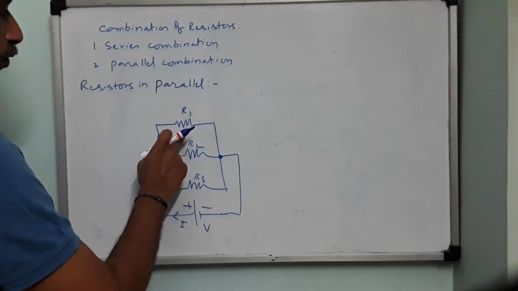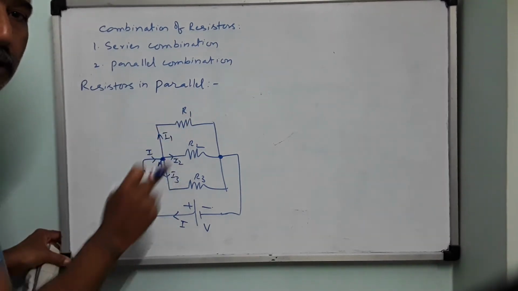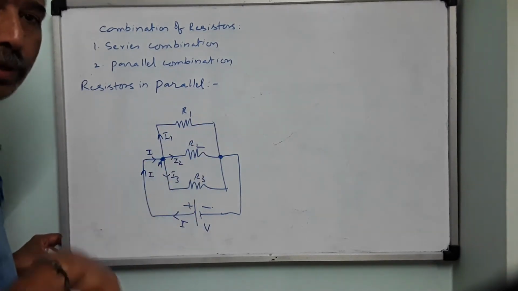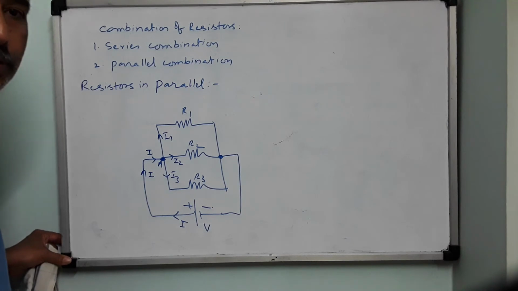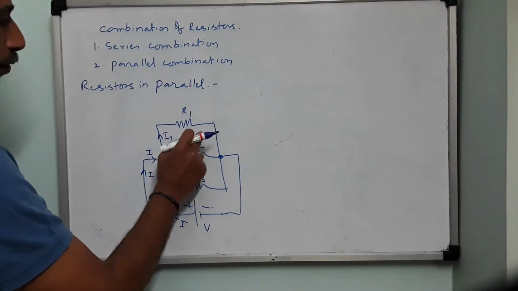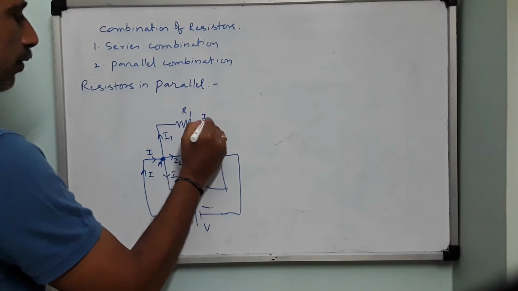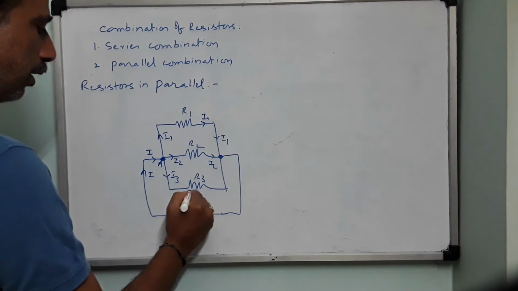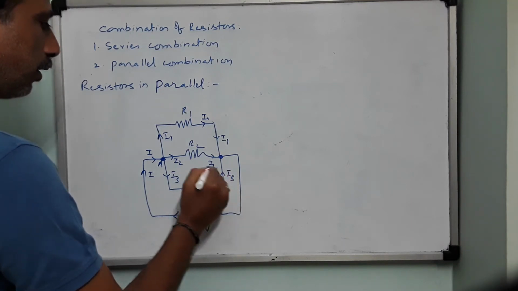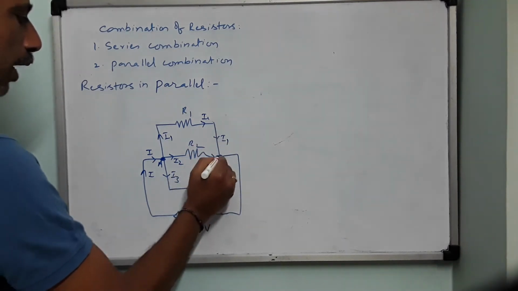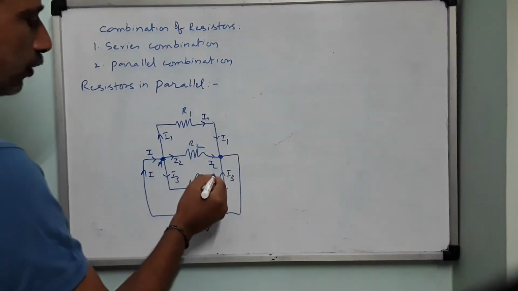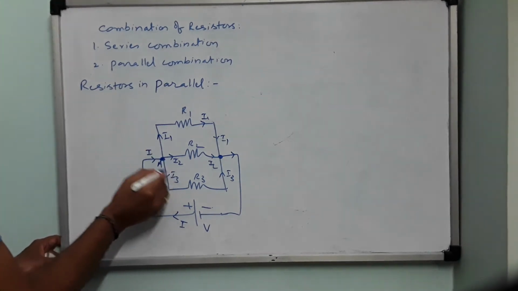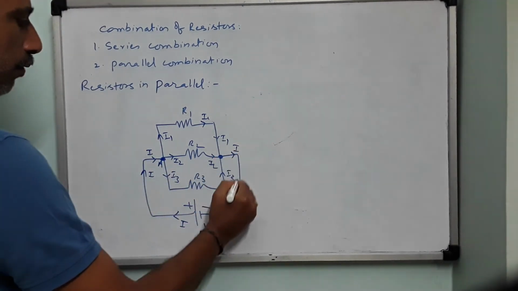So this current I1 will flow through a resistor. Current is nothing but the rate of flow of charge. So charges are moving through R1. R1 does not consume any charge or add any charge. Therefore, the charge will come out with the same value, so the current still remains I1. Here also I1, and here this is I2, and this current I3 will come over here. Now I1, I2, I3, Kirchhoff's first law: all of them are joining to come out as I1 plus I2 plus I3, which are divided from I. So this net current should again be I.